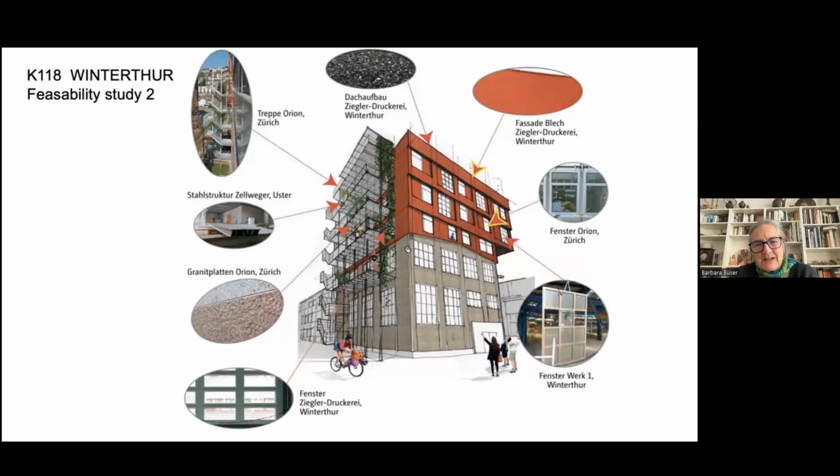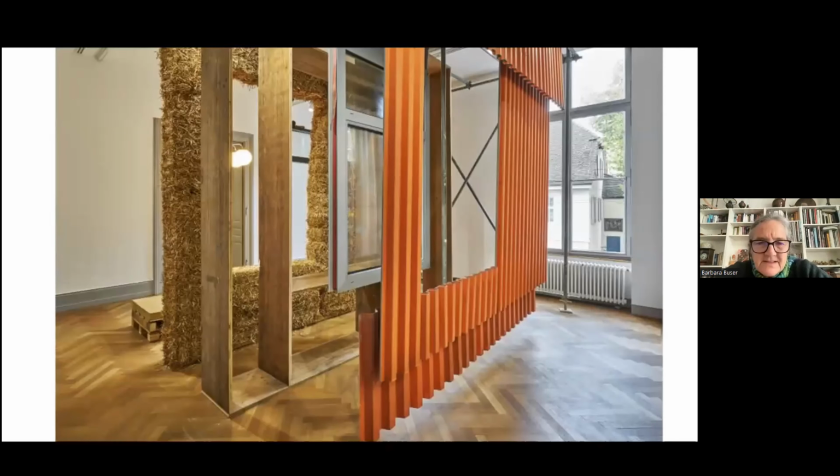We started to make a new drawing as compared to the other one. It looks similar, but different. And we decided to keep the existing building, which is of 12 centimeter bricks only, very weak, but we kept it as an exterior shell. We put the new building inside, down to the ground with columns, micro columns to hold it, and we built it up inside, and on top we put up the new facade. This is how the facade looks.